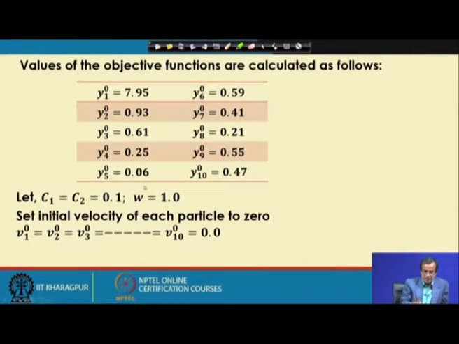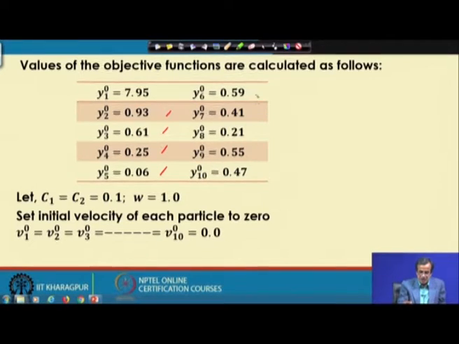Now, this shows the values of the objective function corresponding to the 10 combinations of the design variables. Corresponding to this y10, the value of the objective function is nothing but 7.95. Then corresponding to y20, that is 0.93, y30 is 0.61, then y40 is 0.25, y50 is 0.06.